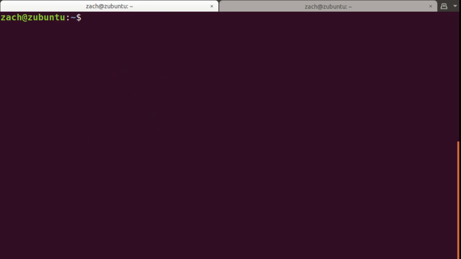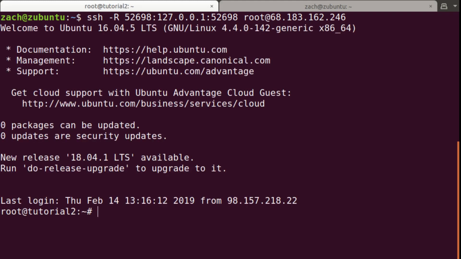In order to make this work, we need to type in a little bit different way of connecting. So instead of SSH -p 22, we're going to type SSH capital R, and then instead of 22, we're going to give it 52698 colon, and then 127.0.0.1 for localhost, and then repeat that same port, so 52698, and then at the end we're going to actually give it the IP address of our machine and press enter. So that's going to log us in, and it's all going to look the same, but now rmate is